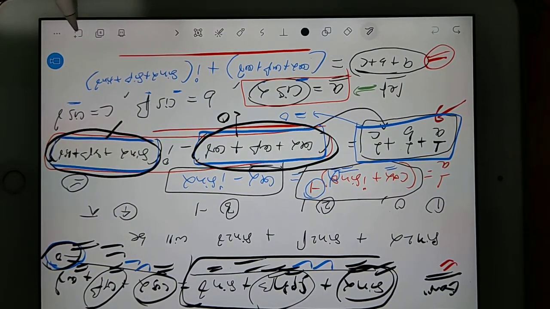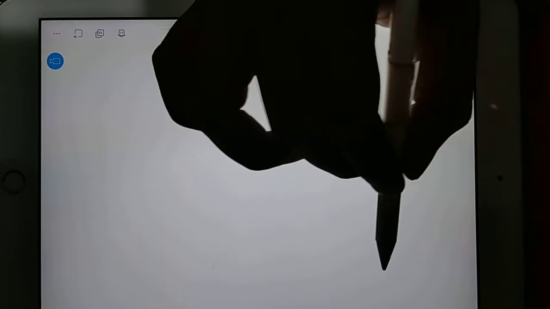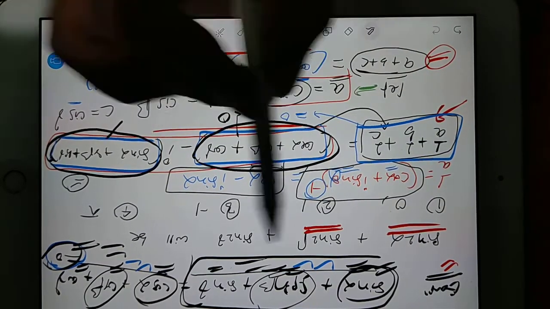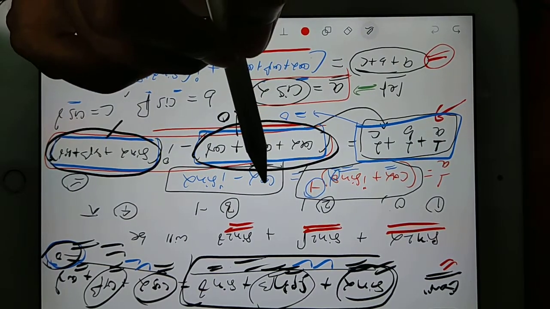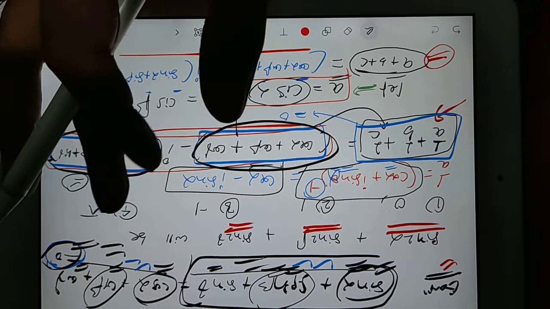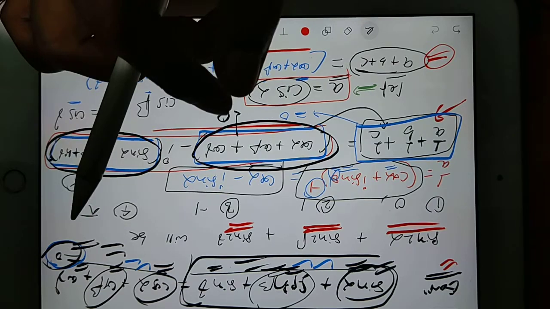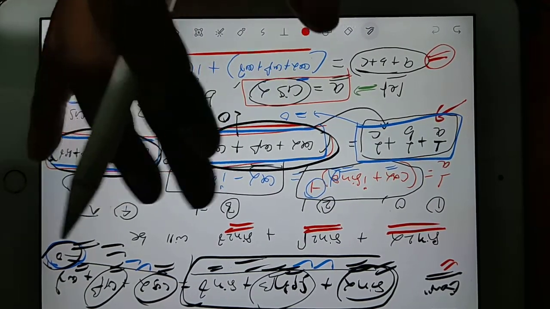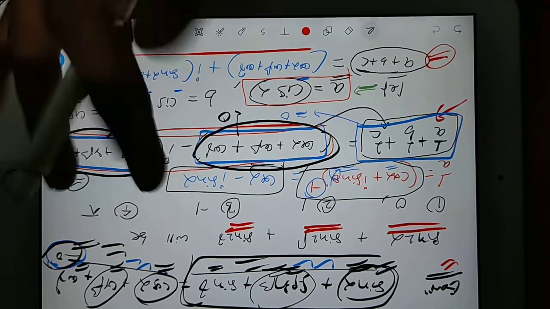So you see here, the trick is, because I have to find out sine 2 alpha, sine 2 beta, sine 2 gamma value, there is only one procedure through which I can reach there. That procedure is by applying (a plus b plus c) whole square. Then only I can reach there. I will change the page.